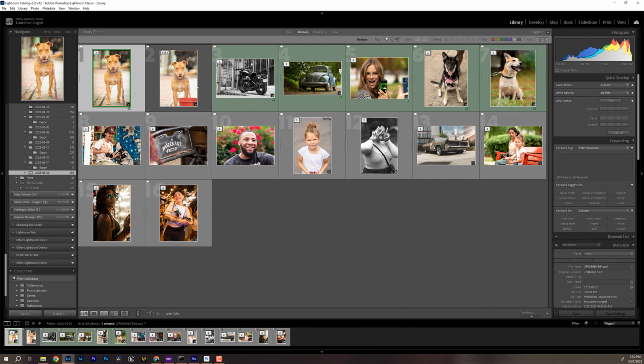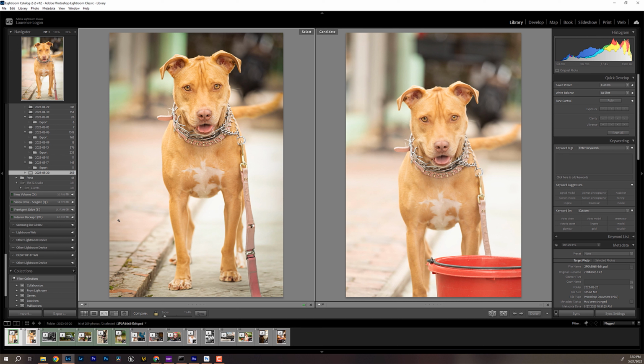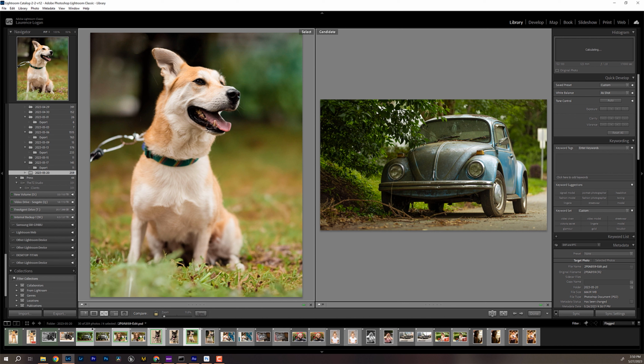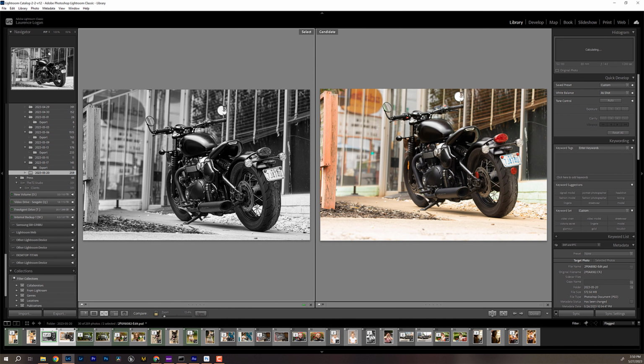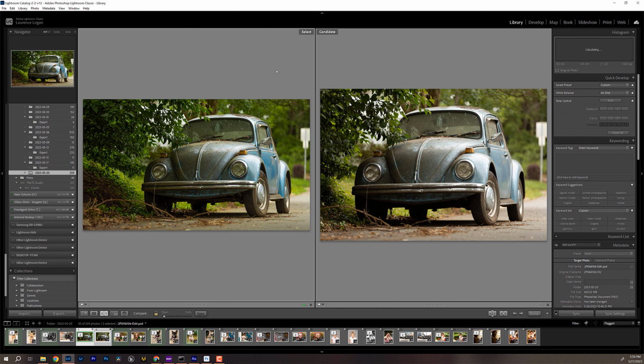As you can see, the before and after. The bucket's gone, the framing is different. The dog has paws. This is what I mean when I'm talking about how incredible this generative fill is, right? Let me go to the next one. Here, outside the color, you can see again the framing is different. I've literally created other pixels on top of the frame. Again, more pixels off to the side. I'm able to completely reframe images using this tool. It's wild.